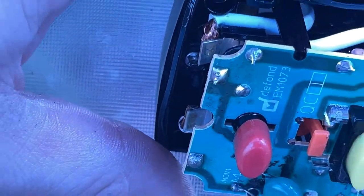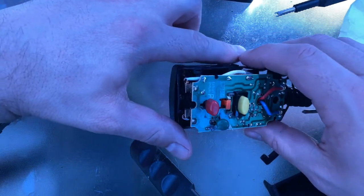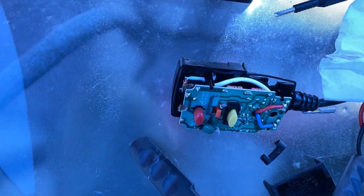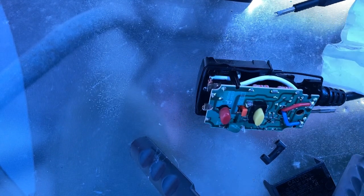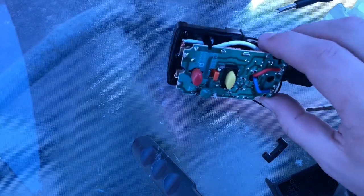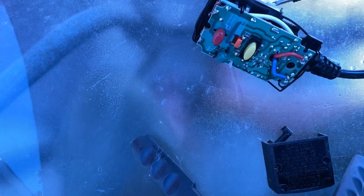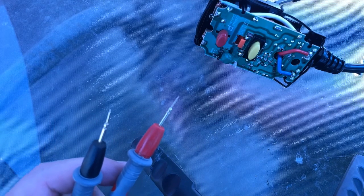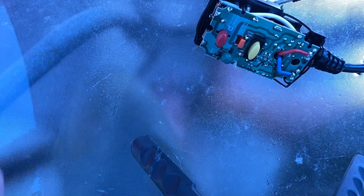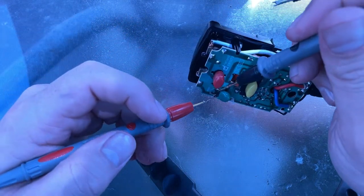Okay, so that is cleaner than where it was. Now let's do some basic checks around where some of the damage was. I don't have a schematic. I actually don't really have anything to work with at all on this. So what I'm first going to do is test the capacitor. By testing capacitance, I'm going to test for resistance of the capacitor, because if the capacitor has been shorted,